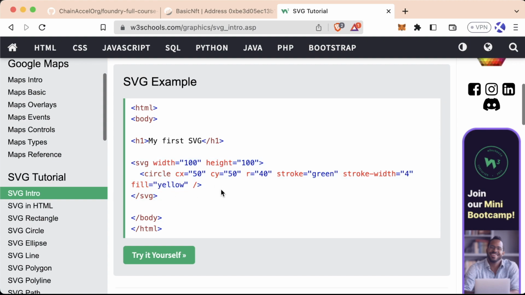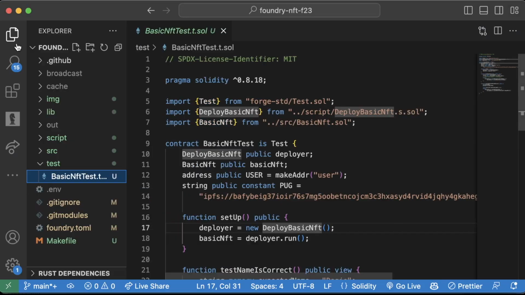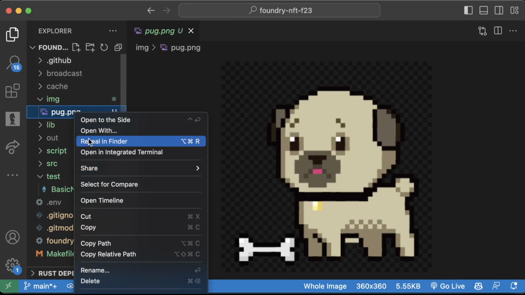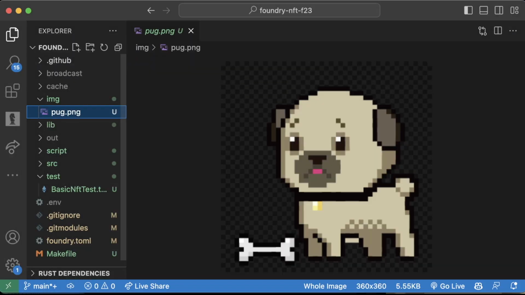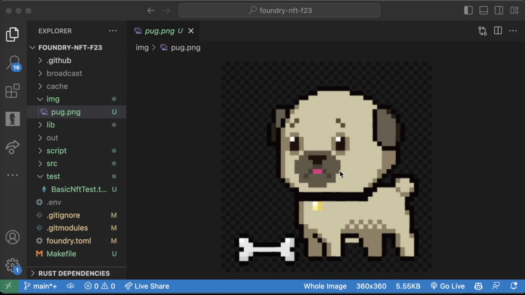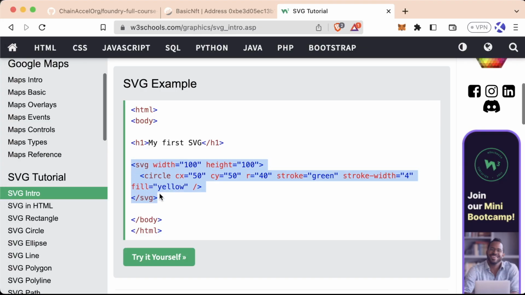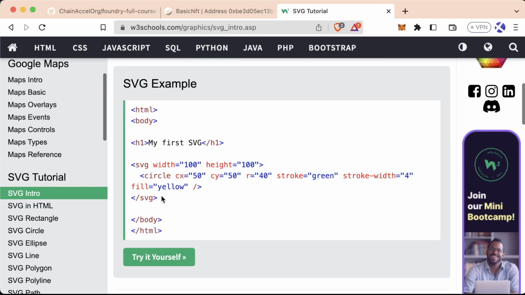an image looks like. And the reason that SVGs are so cool is because no matter how big or small you make them, they're always going to have the exact same quality because they are scalable. You know how, if you take an image like this one, let me view this, and I make it super, super big, the bigger I make it, the worse the quality gets. With an SVG, you don't ever have to deal with that because you define exactly what it'll look like no matter what size. And what we could do is we can actually make our own SVG sort of like this,